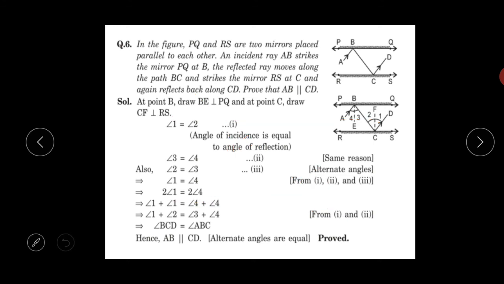Now student, for our convenience, I am going to mention angles as 1, 2, 3 and 4. Why I am doing this? Because writing again and again the complete angle is quite confusing. That's why I am going to mention angle 1, 2, 3, 4 for these angles, as you can see. Okay, so you can also do that, but for doing this you have to draw your figure again in the